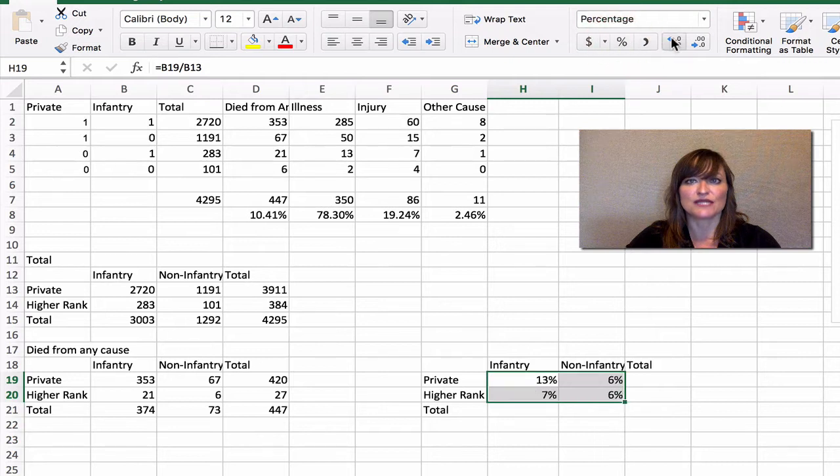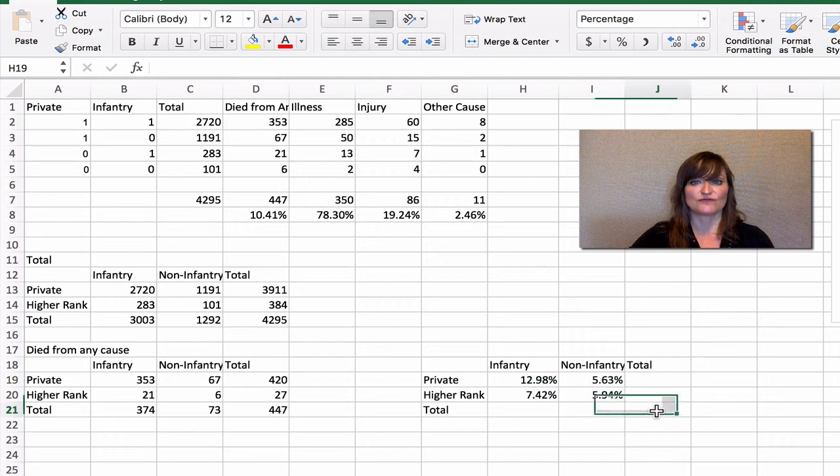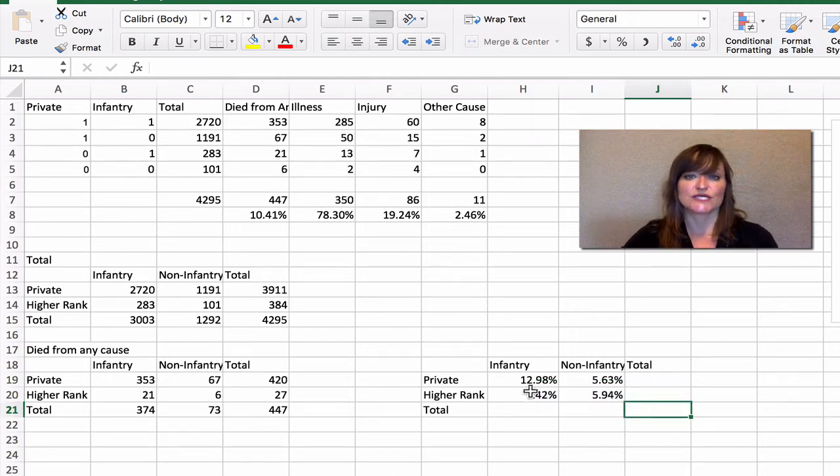We want them as percent, and we like to add 2 decimal places because that's what APA style calls for. So now we're asking the question, of all of the privates in the infantry, what percent died? So how dangerous was it to be in these different ranks and duties?